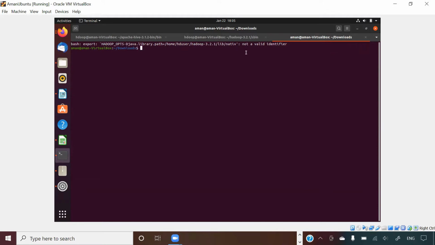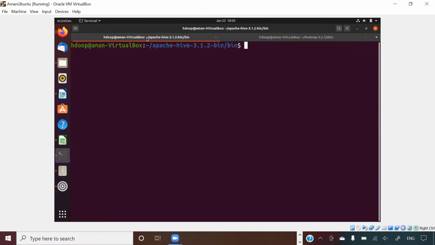In this new terminal, I am inside the Hadoop directory in one tab, and the Hive directory in the other tab. I'm logged in with the hdoop user. If you log in with the hdoop user, then you will be able to use Hadoop and Hive the way I have installed them. So this is Hive, guys. Now let me launch Hive. In my last video, I had shown you how to install Hive. Let us launch Hive.